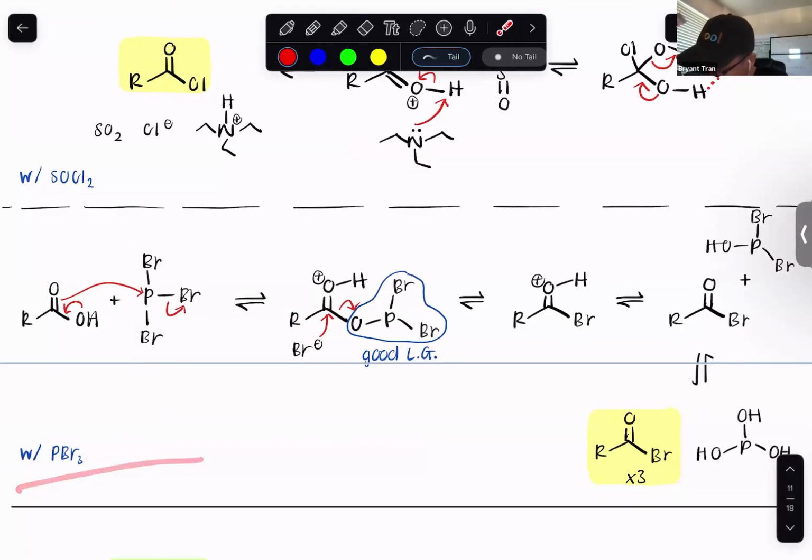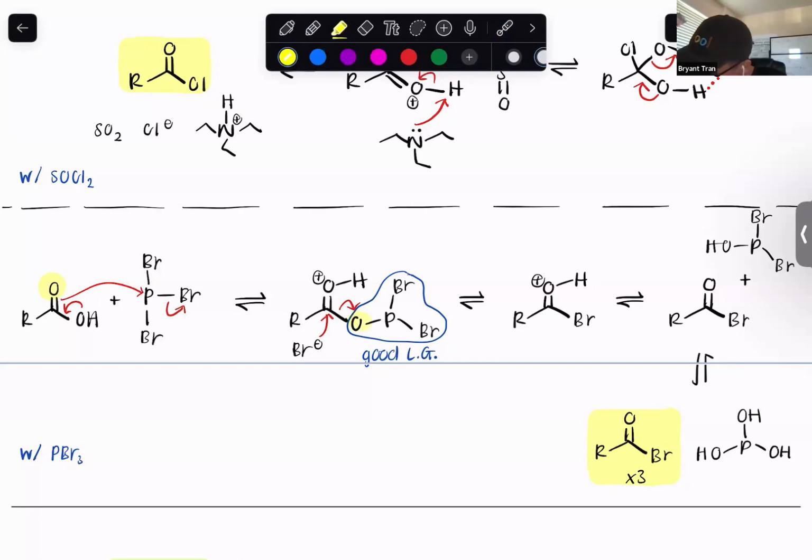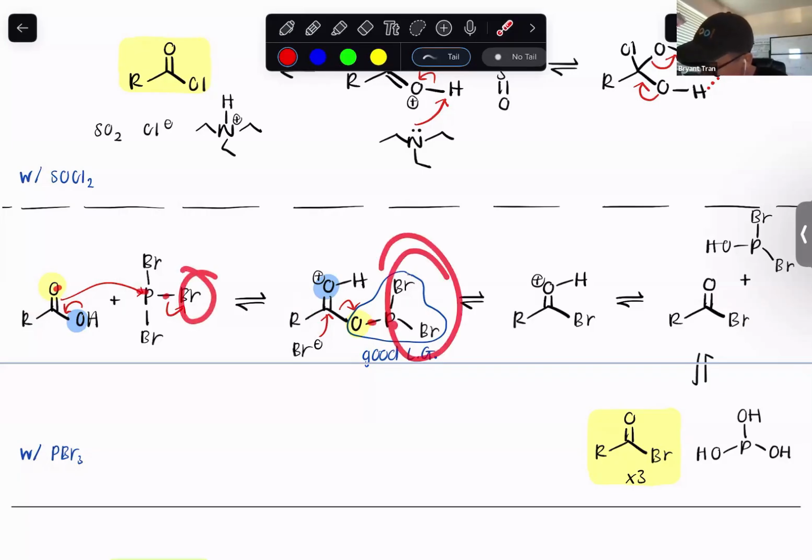Now with PBr3, this oxygen here, pair of electrons, is going to go down to form a carbonyl, and then this carbon oxygen here is going to attack the phosphorus, where this yellow oxygen is that yellow oxygen, this blue oxygen is now this blue oxygen, right? Because we reformed the carbonyl, that's that carbonyl right there. She just rotated this bond right there. This yellow oxygen is now attached to this phosphorus. We kicked out that bromine, so that's why there's only 2 bromines on that phosphorus. This is considered the leaving group now,